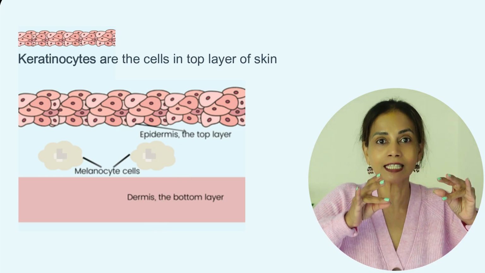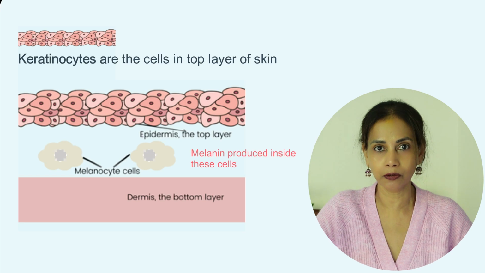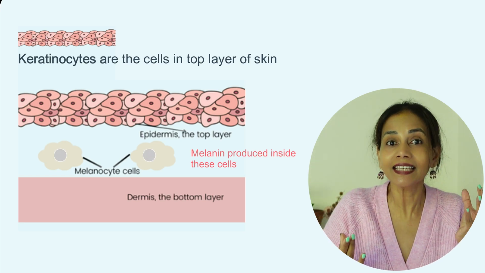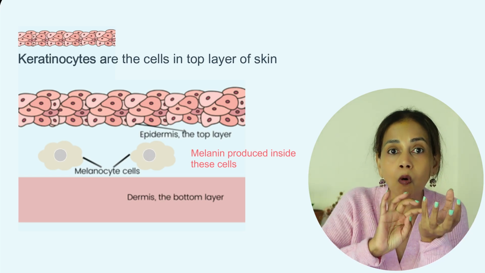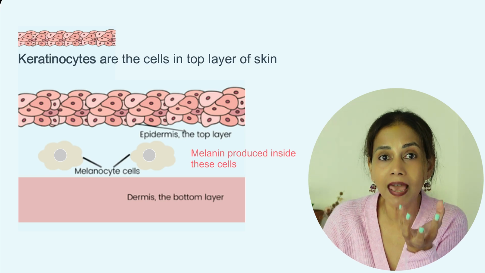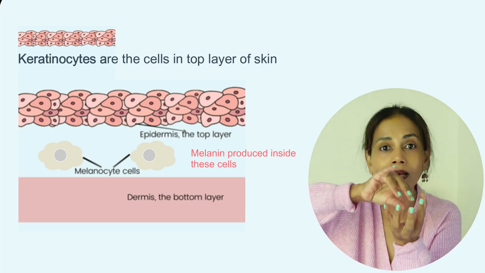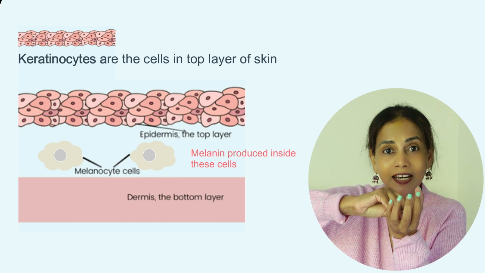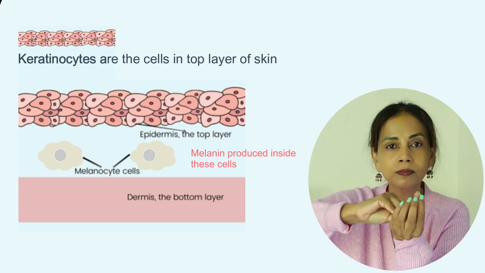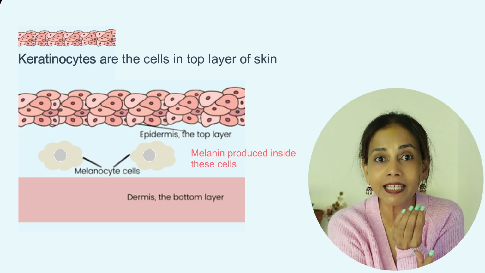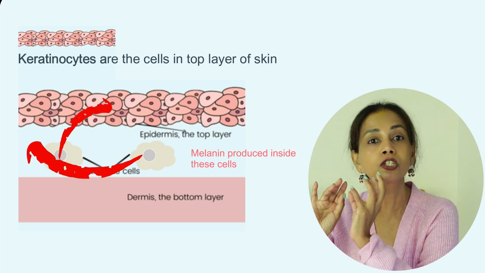Melanin gets produced inside these melanocyte cells, and then it gets transferred into small packages called melanosomes. So melanin gets inside melanosomes, and once it's packaged inside melanosomes, these melanosomes get transferred from these melanocyte cells into